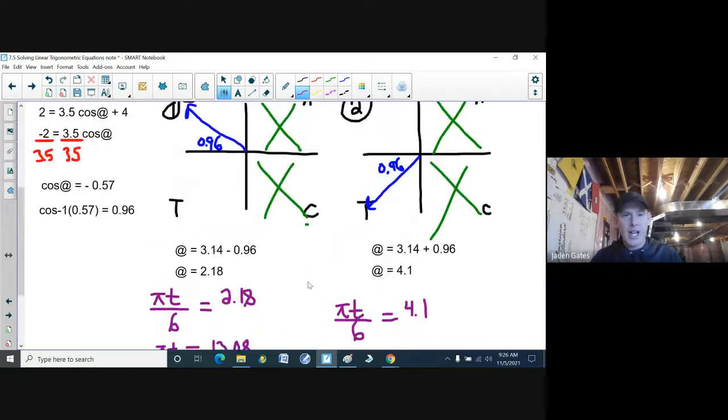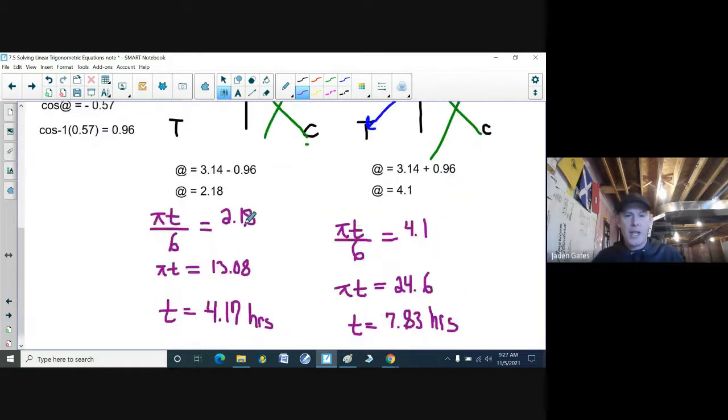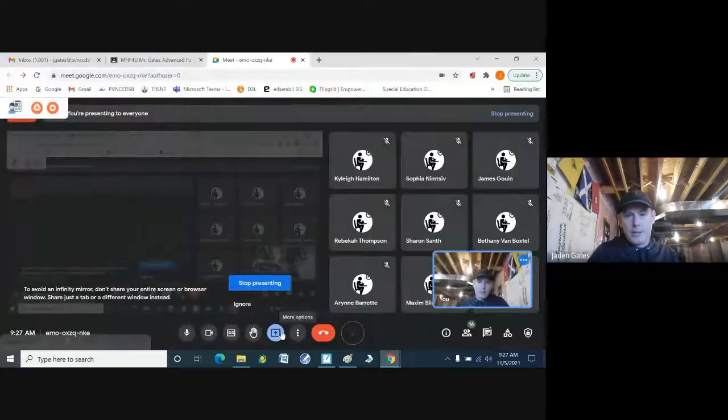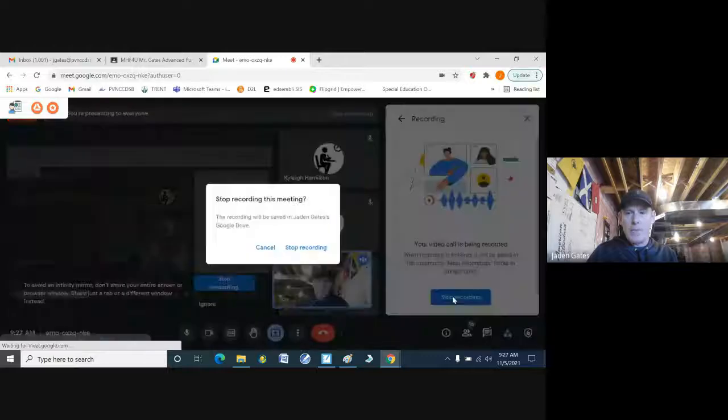But again, this is a case where we had not just a theta inside our trig ratio. And so I made a substitution and then resubstituted at the end, when I'd actually found theta, to solve for our t value. Now, if we were in a bricks and mortar school and we